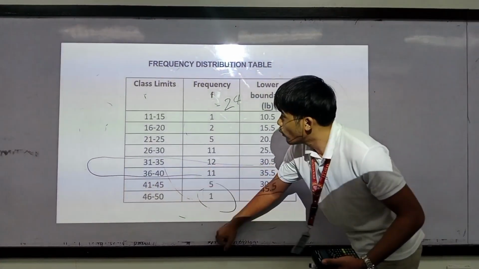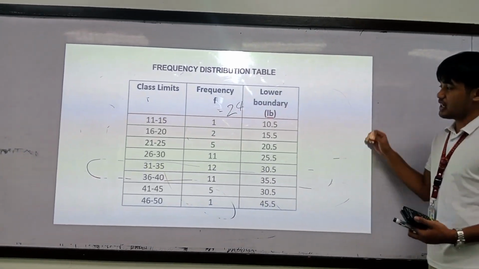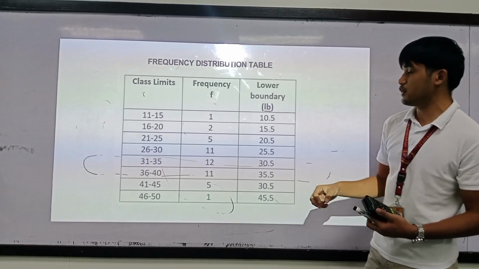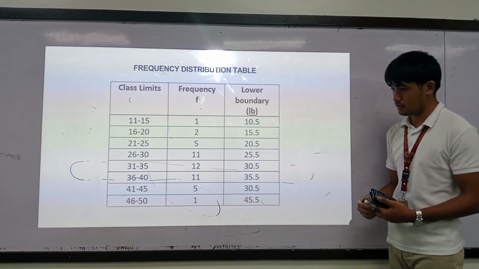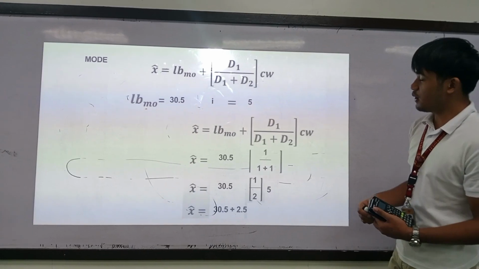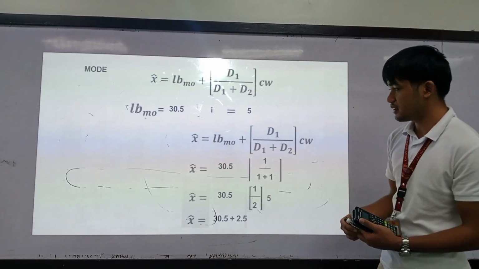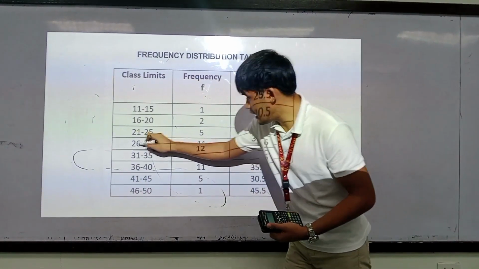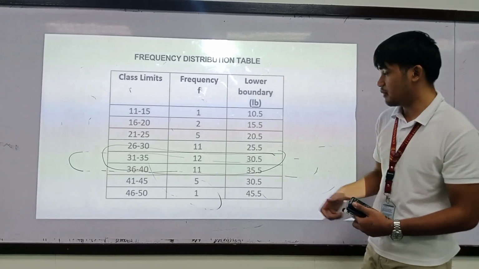And then now, we will get our mode of the example 2. In order to get the mode of our example 2, we will need to use the class frequency and lower boundary. Since we already have our different data, I'm going to explain. As you can see in this table, it is the most frequent data, so we will need to use that data.